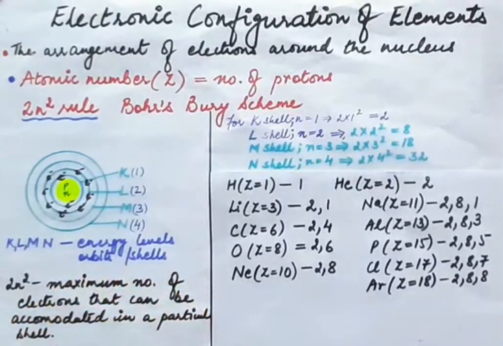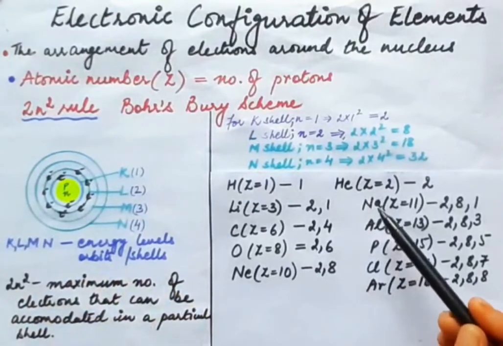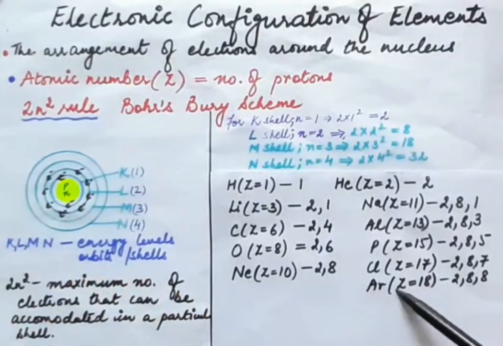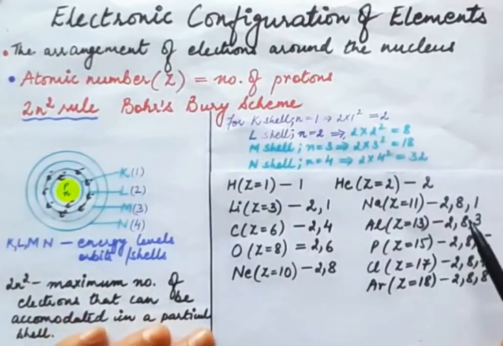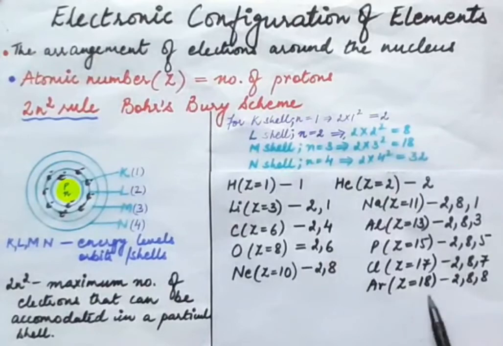Now here also, when you see from element sodium to argon, the first 2 shells have exactly the same electronic configuration. Both of them are completely filled. But the third shell, when we move from sodium to argon, again changes from 1 to 8. That is, each time when we are moving from one element to the other, 1 electron is being added to the valence shell. Now here also, argon has 8 electrons in the valence shell. Hence, this also has a stable electronic configuration.